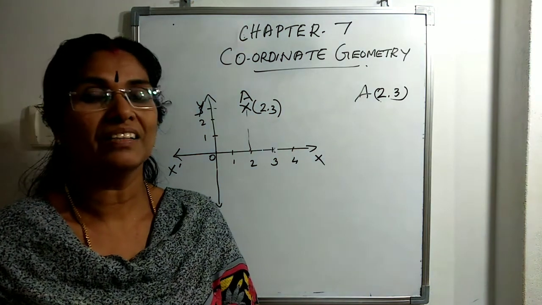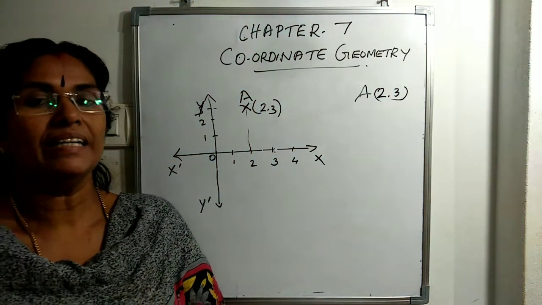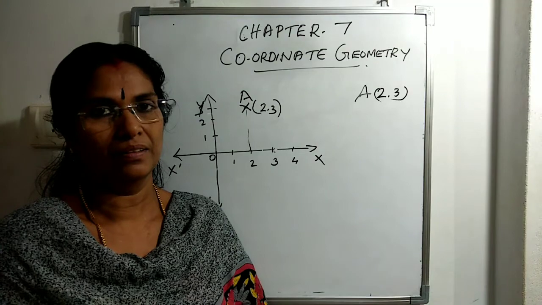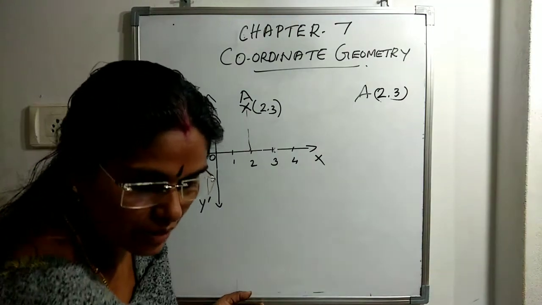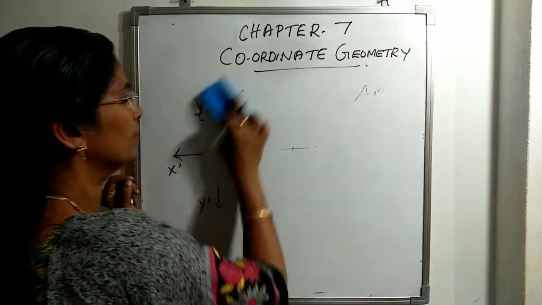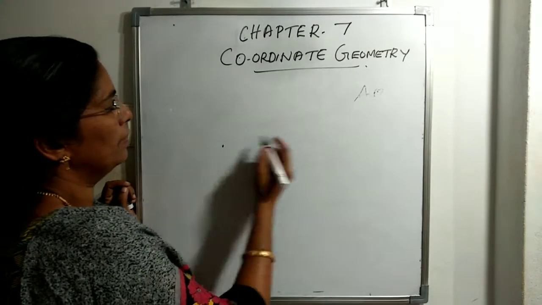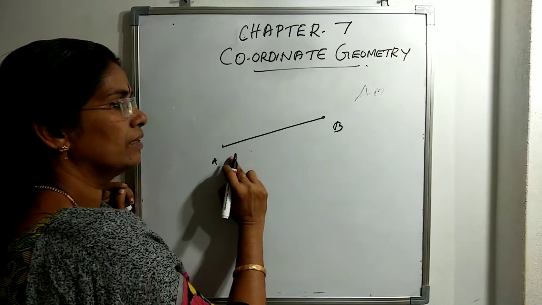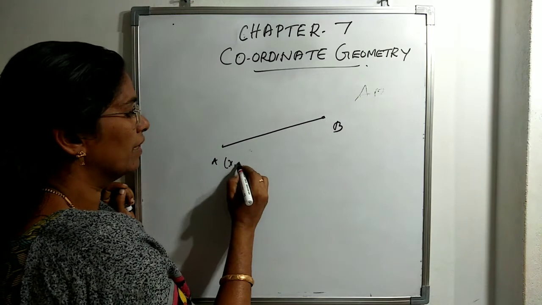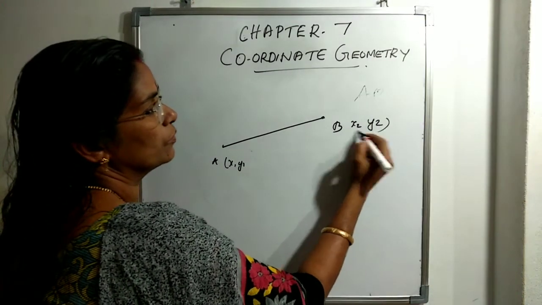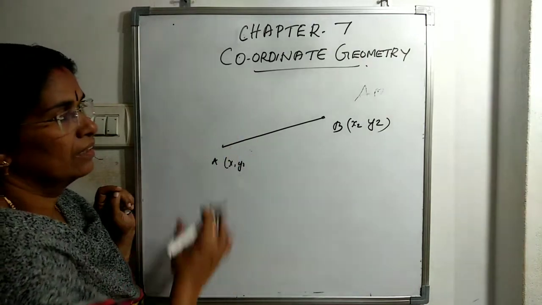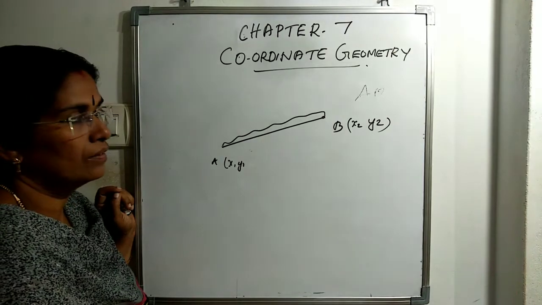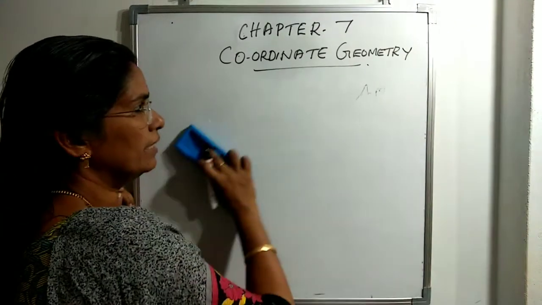But this year we are studying how to find the distance between two points whose coordinates are given. Clear? Distance between two points. Suppose one point is here and another point is here, A and B. We have to find the distance between them, but the coordinates are given: x1, y1 here, and x2, y2 here. How can we find the length of AB? That is the distance between A and B. Okay, the derivation you need not study, but I will explain it.